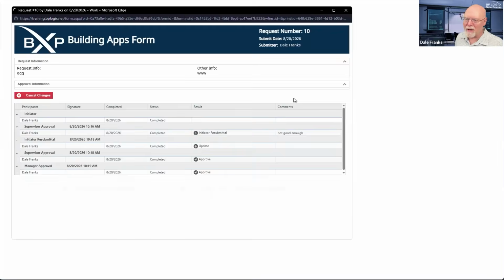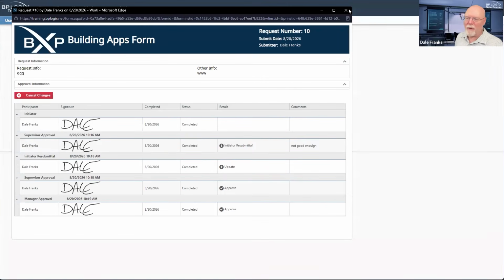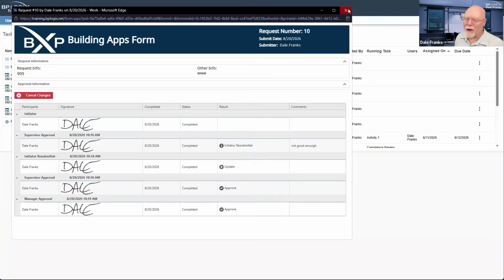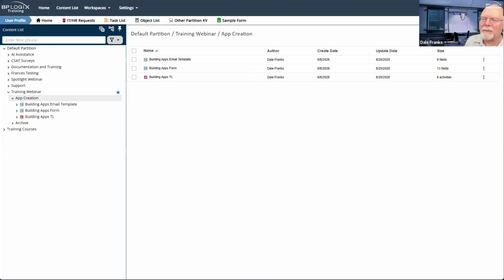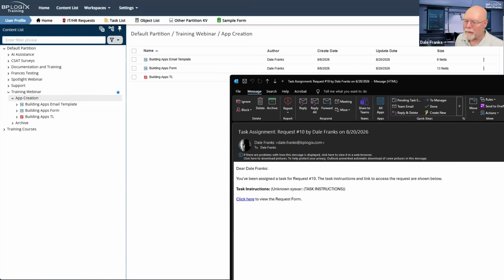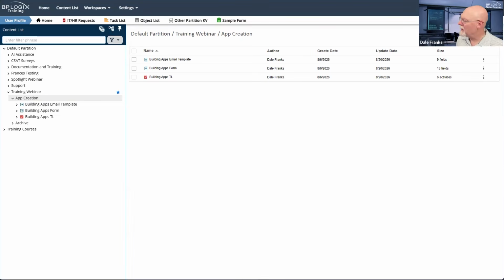Request 10 is now complete. I can click and there's my form. So we are good there. Everything looking the way it is supposed to look. Let's go ahead and close that window. So, all right, my emails are going through. Still they're bad emails because they're misconfigured, but they are going through the way that I want them to.